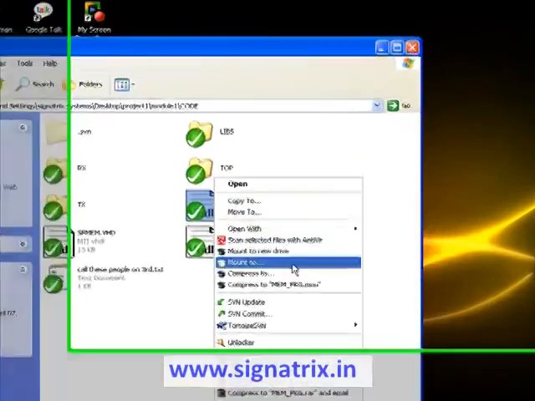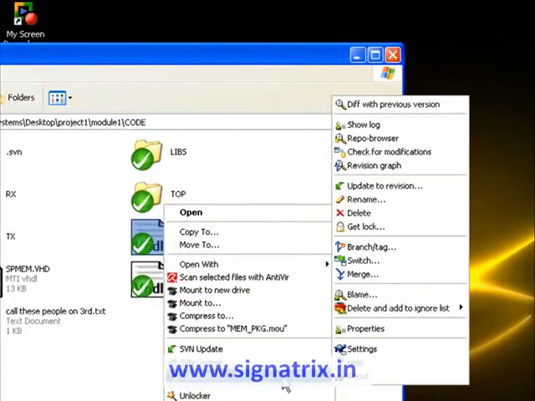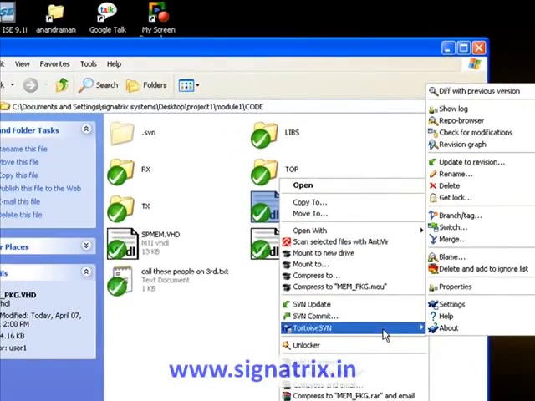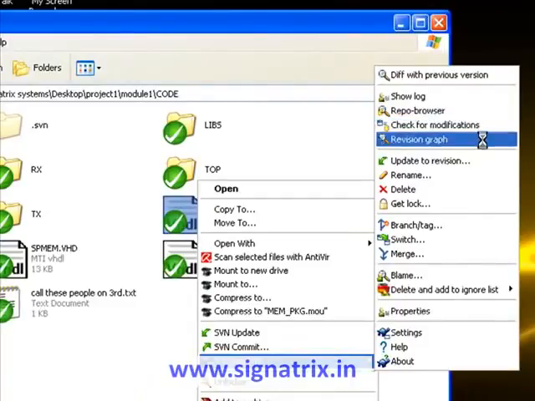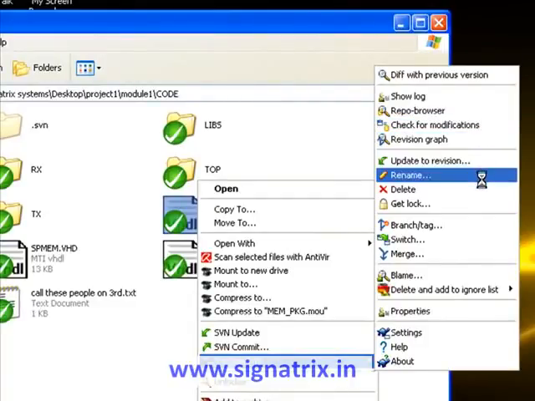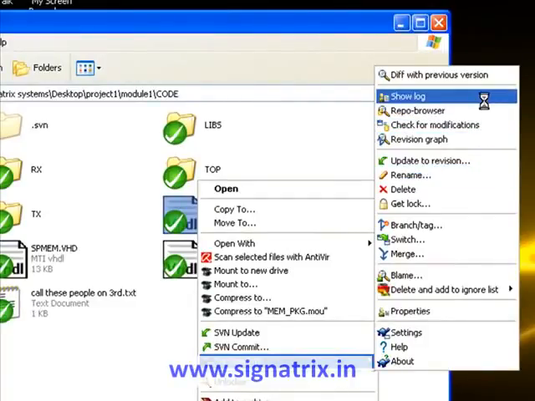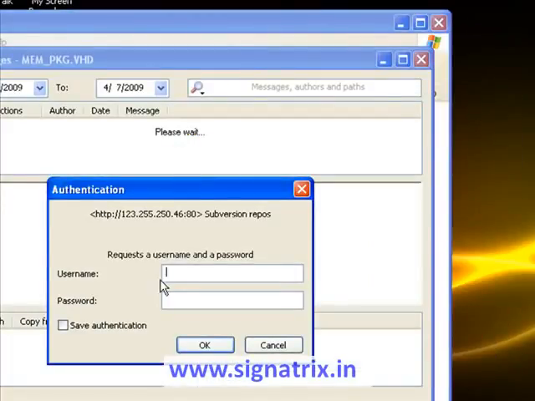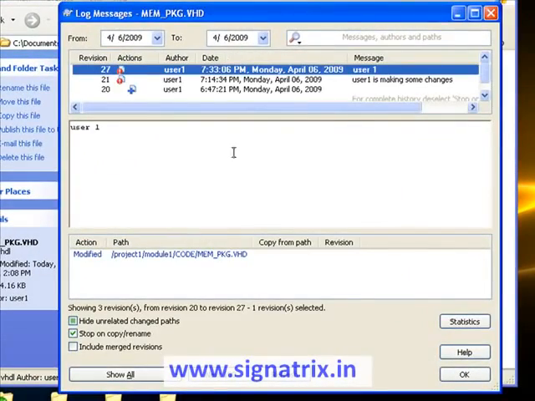Some other options are also available in this SVN software. That is, if you want to see the log reports, show logs. So here you can see the changes, like this is the previous